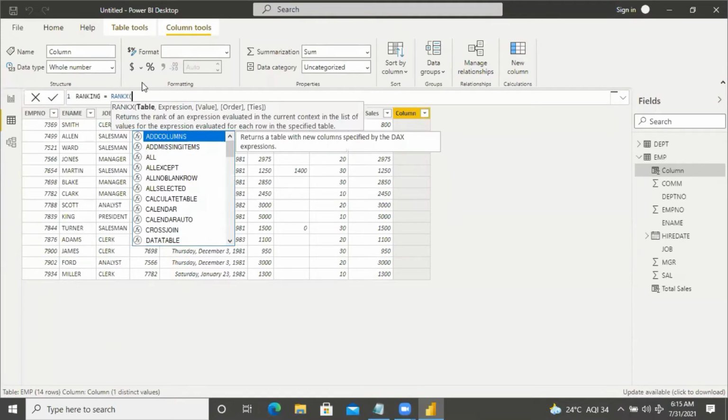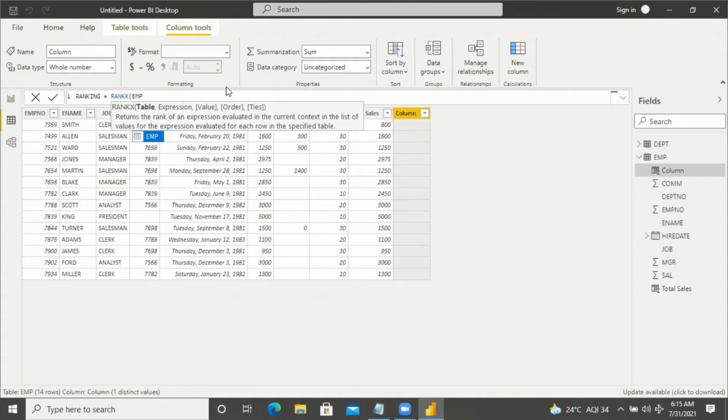Here I'm using the table name. The table is the EMP table, comma, expression.